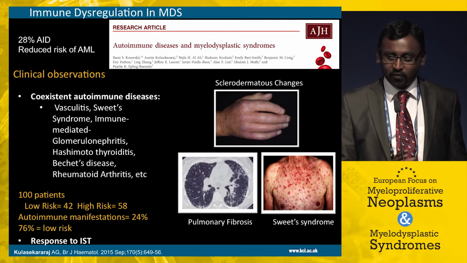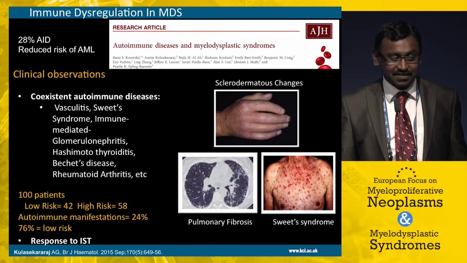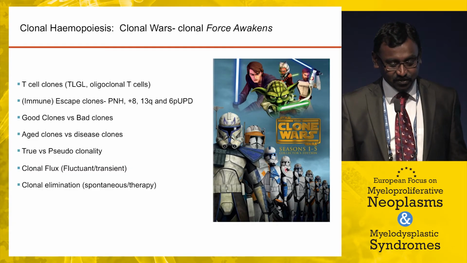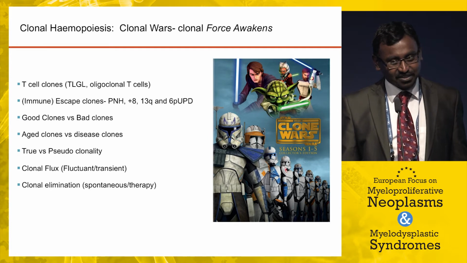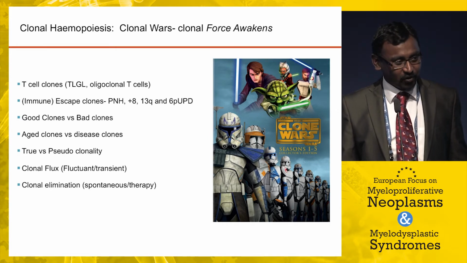We've looked at the morphological diagnostic criteria. Some of them help us to differentiate. We've looked at the immune profile, but does this really help to differentiate between these two diseases? And the third thing which I'll talk about is clonal hemopoiesis. We talk about clonal hemopoiesis as a very, very loose term, but I think we need to be extremely careful when we use the word clonal hemopoiesis in the context of diseases which have an immune-mediated backdrop, because